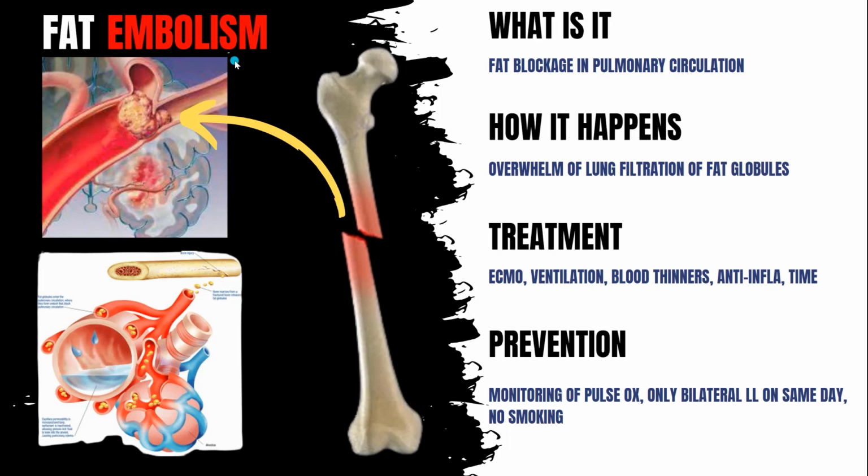This is a very serious yet rare complication if it does happen, but essentially it is fat blockage in your pulmonary circulatory system. This actually happens in all limb lengthening cases. Heck, it even happens when you break your leg out in the wild from an accident. Inside of all your long bones, there's bone marrow, and bone marrow is made up of fat. If you're getting an internal nail done, the surgeon is going to ream the inside of your bone with a reamer. If they don't vent the bone properly, which is when they drill small holes in so it can diffuse out slowly, then this fat, this bone marrow, can exit into your bloodstream in big fat globules and travel to your pulmonary circulatory system near your lungs,